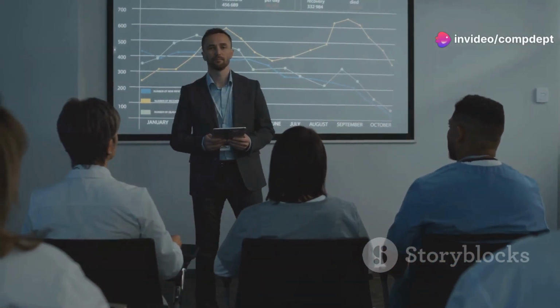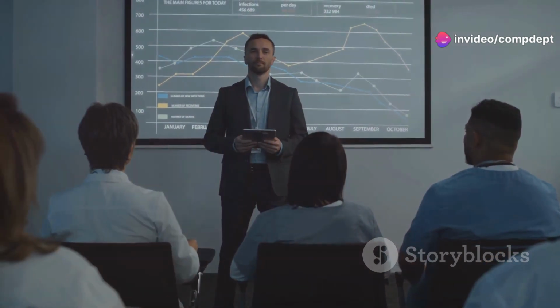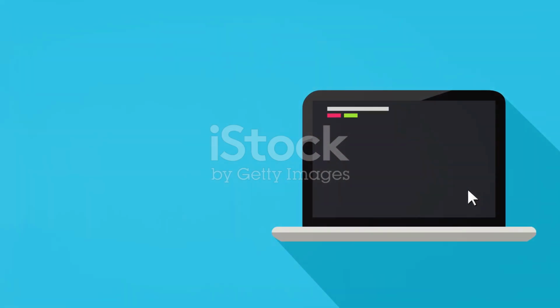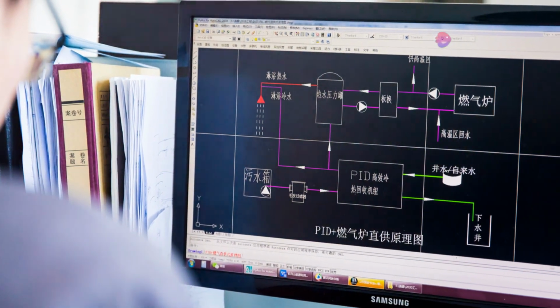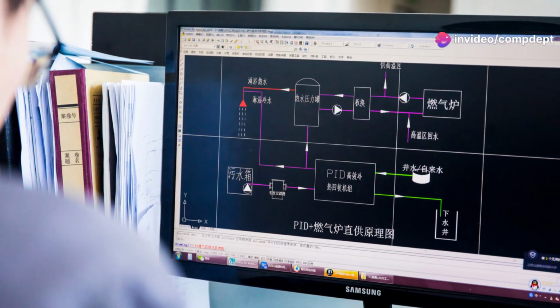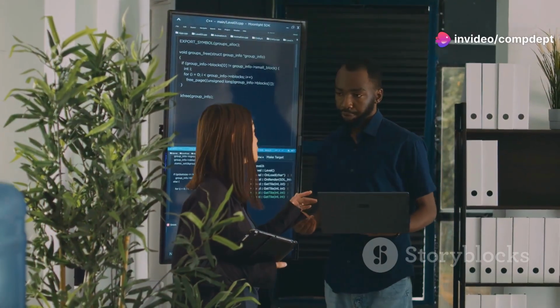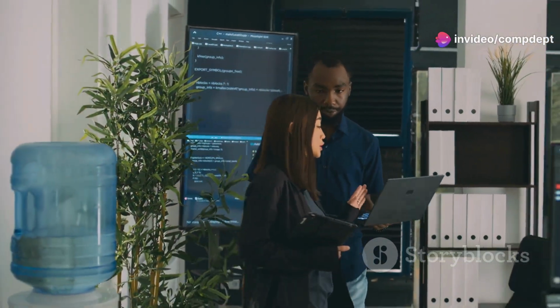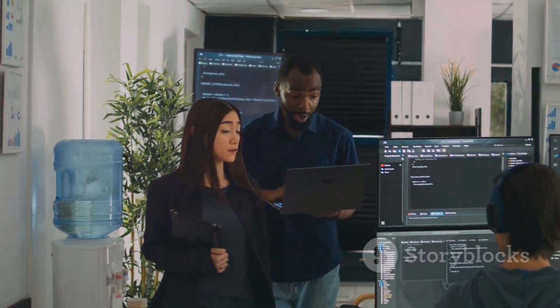Section 10. Conclusion: the importance of data structures and algorithms. Data structures and algorithms are the fundamental building blocks of computer science. They provide us with the tools and techniques to organize, process, and manipulate information effectively. By understanding different data structures and algorithms, we can choose the most efficient ways to solve problems and develop innovative